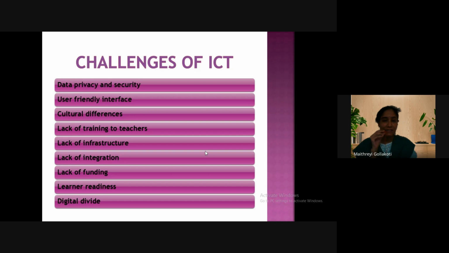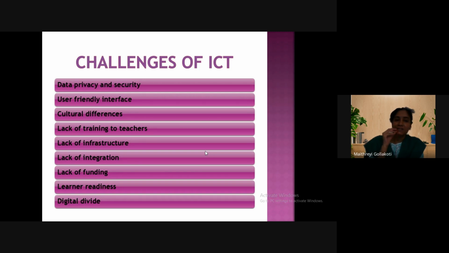Because unless the institution provides it, it won't be possible for the teachers to go out and learn somewhere, isn't it? So it's better the institutions themselves conduct these programs so that their staff are very well versed in ICT tools and they can teach their own students